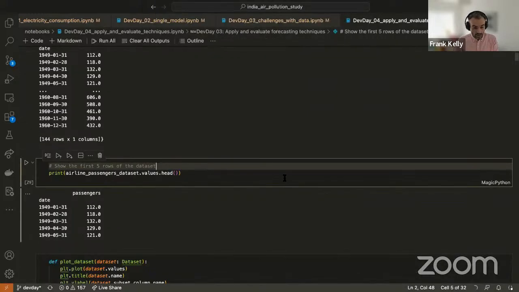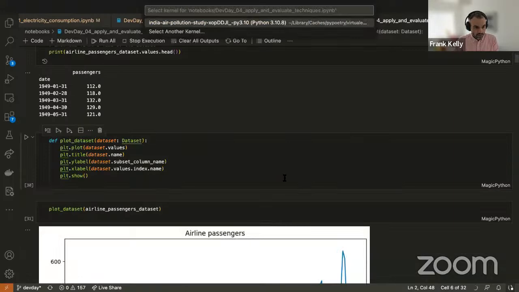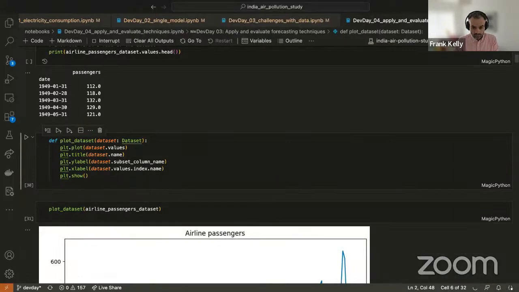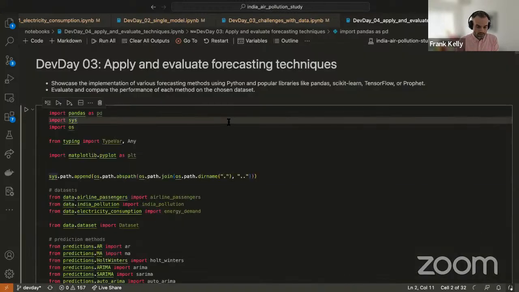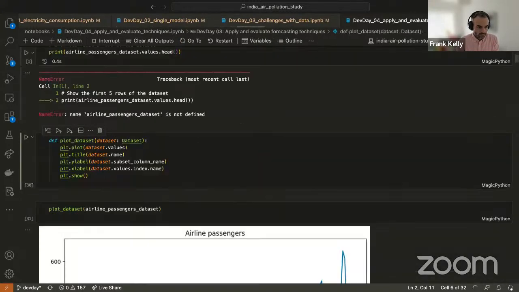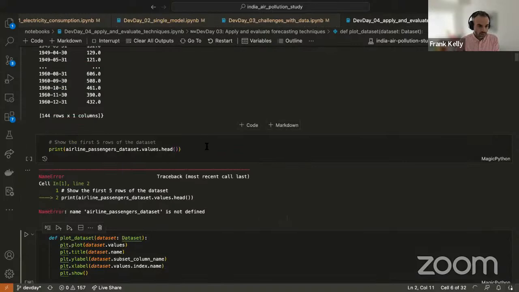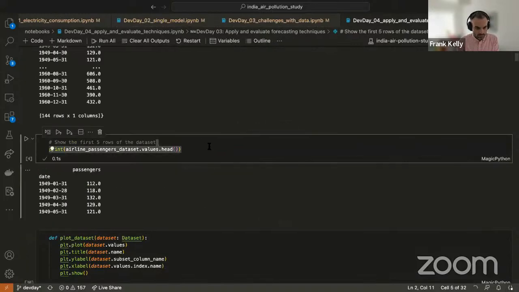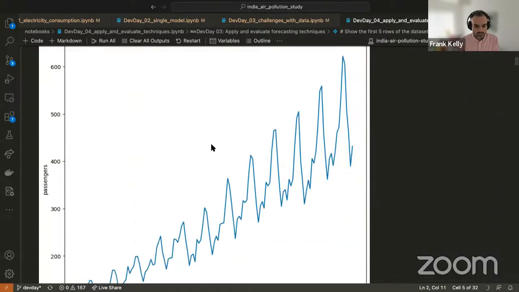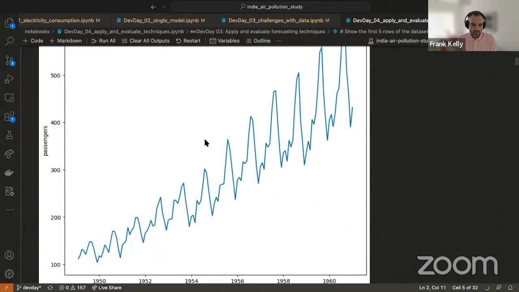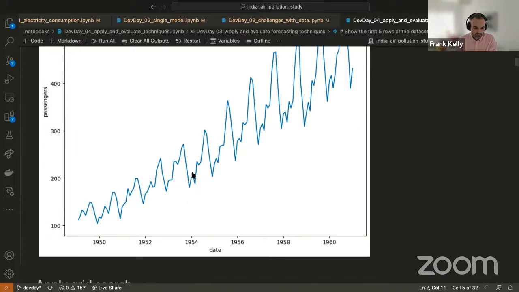So we saw this data set earlier. That's what it looks like. We can plot it. Oops, I think the kernel is just waking up. Here we go. That's what it looks like. Sorry about the scale, but yes, that's a very clearly multiplicative seasonal effect on